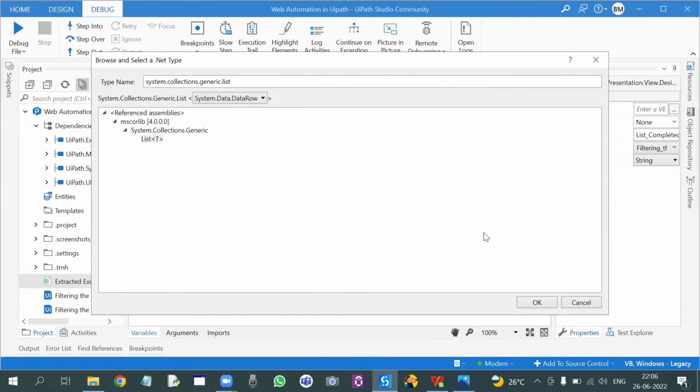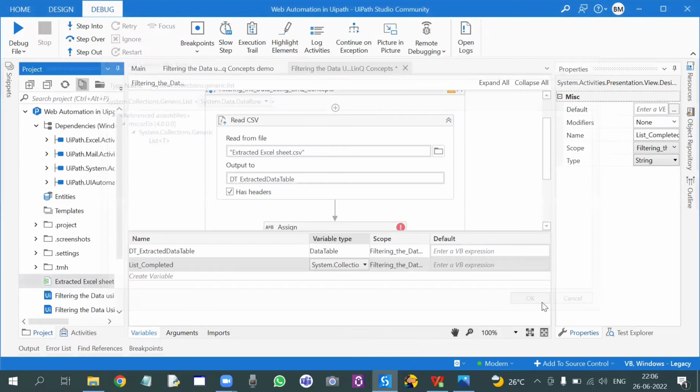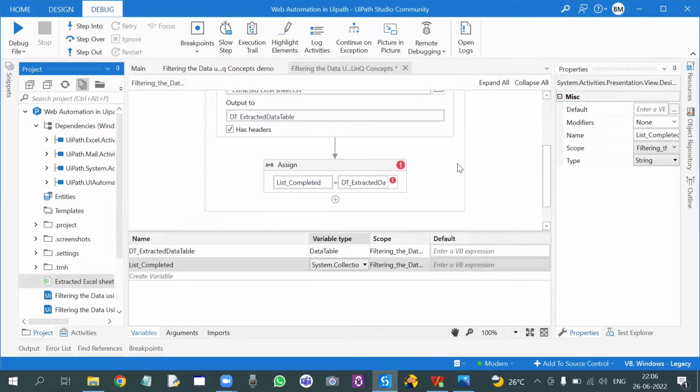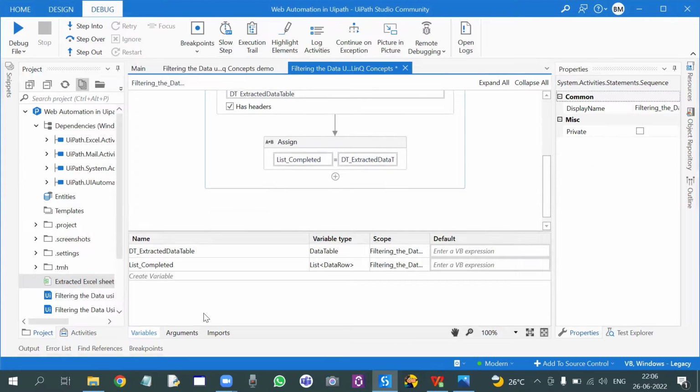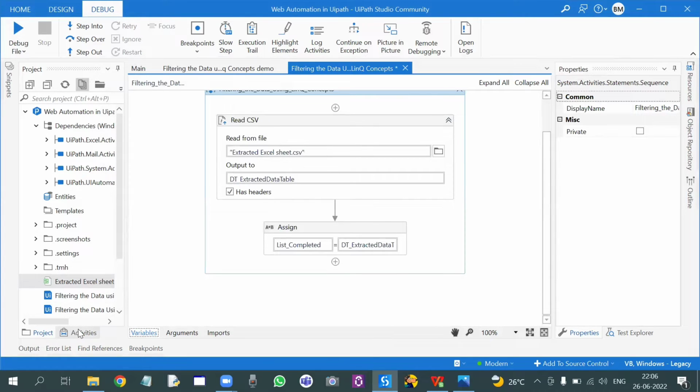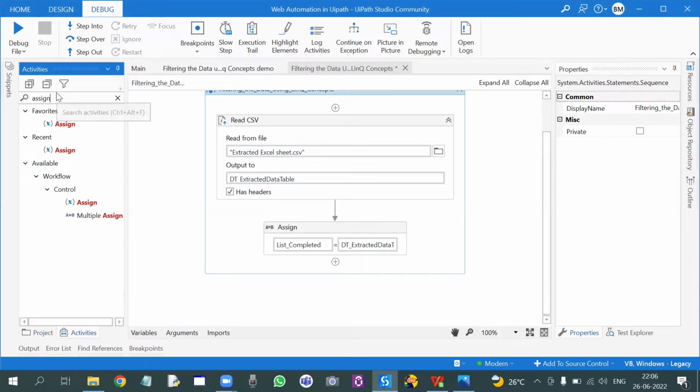So it is going to return the DataRow, right? So hit on OK. Once you've done that, our error has disappeared, and now we are going to use a for each activity